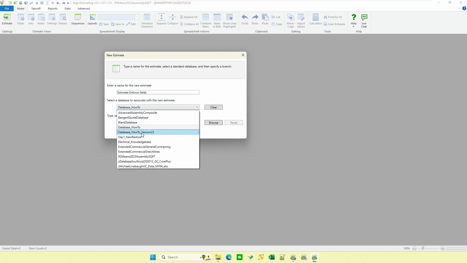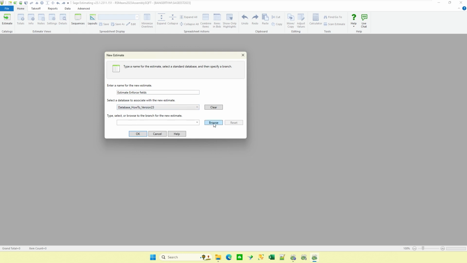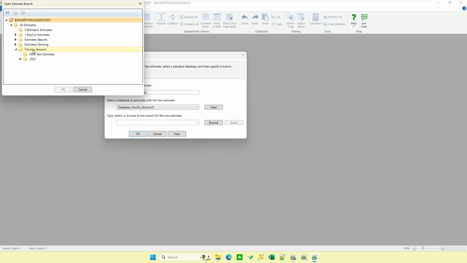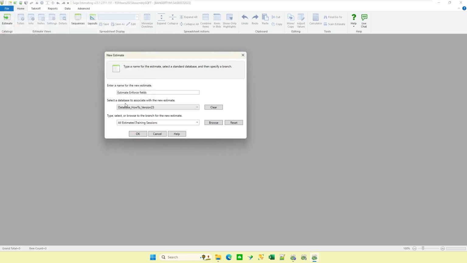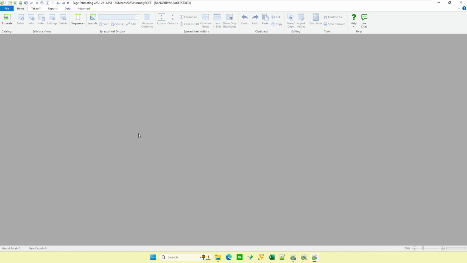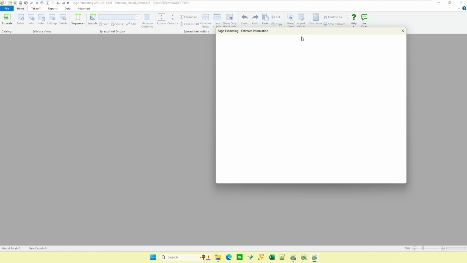I want to pick the database that I made my modifications to, and then I can pick a branch. So let's just say browse there. In this case, I'm just going to pick training sessions and OK. And up should come my estimate cover page.